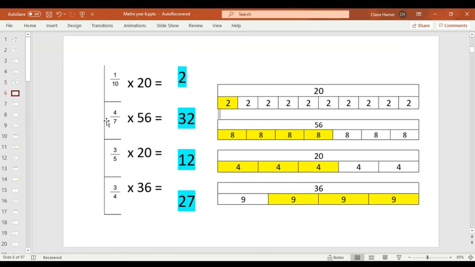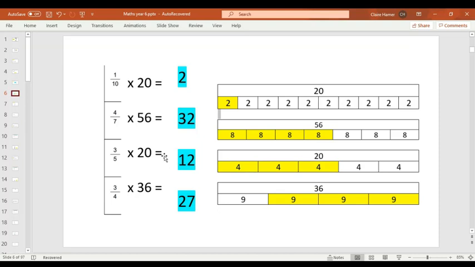The next question, 4/7 multiplied by 56. The answer is 32, because we needed to do 56 divided by 7. Okay, we're sharing 56 into 7 equal parts, which is 8. And then we do 8 multiplied by 4, because we want 4 of the parts. So 8, 16, 24, 32. Next question,